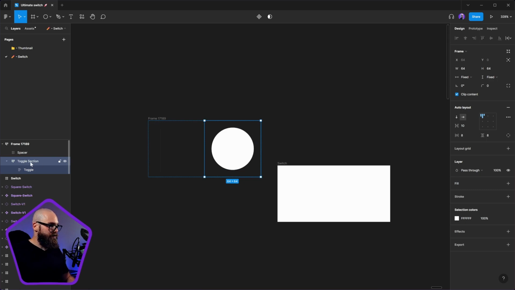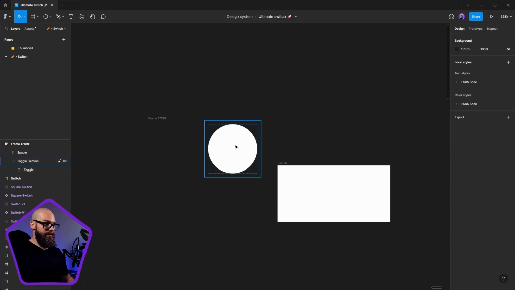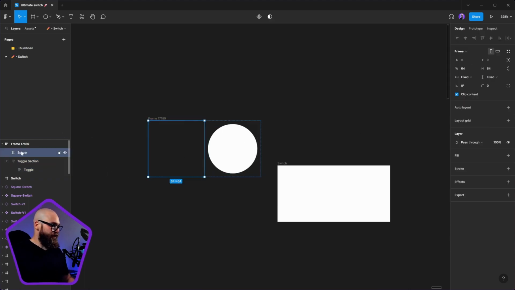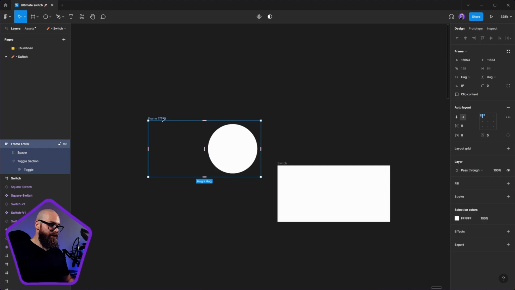We don't need to do crazy numbers. And the toggle here has 4 padding, but if I wanted to make it a smaller toggle inside, I could then change the actual padding for it. If I wanted to make it bigger, I could just change the padding. That's some cool things that we can do in an auto layout. And because we also have this other spacer here, we can put them in together into a group, and this can be my